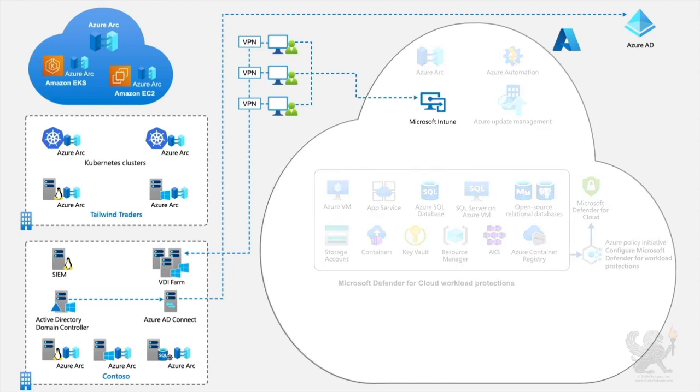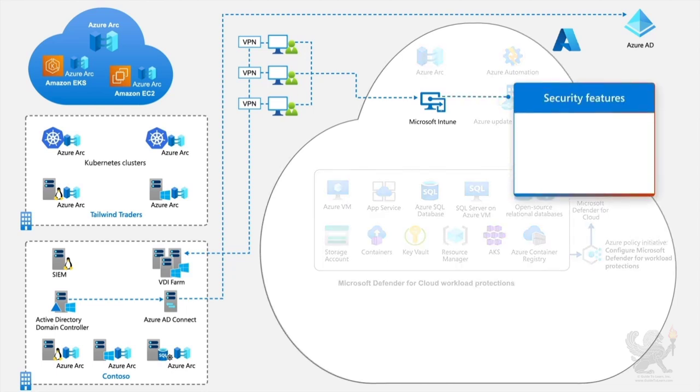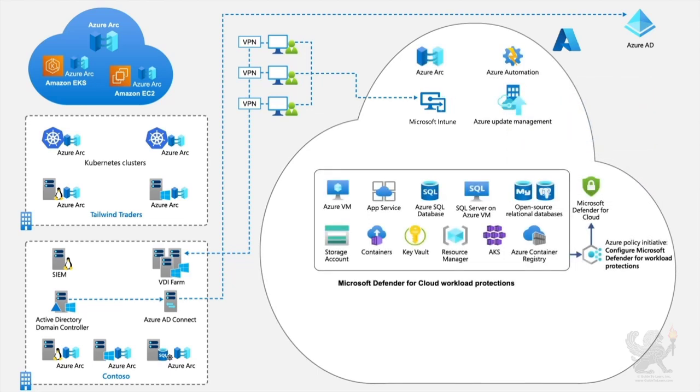Microsoft Intune allows for the enforcement of security-related features such as disk encryption, installation of software updates, and integration with Azure AD Conditional Access. Contoso will address the challenges associated with the on-premises VDI deployment by transitioning to Azure Virtual